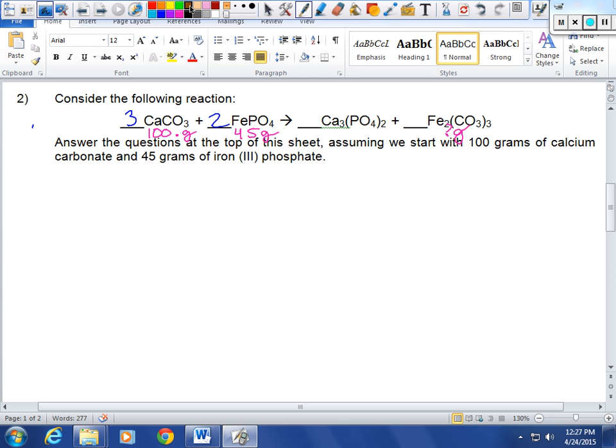So my first step is convert grams to moles. So I've got 100 grams of CaCO3. I've got, and I think it's actually 100 on the dot for calcium carbonate. Thank you, sir. That's exactly what it is. 100.09. And guys, I'm leaving the compounds out just for making this go a little faster. And then 45 grams of